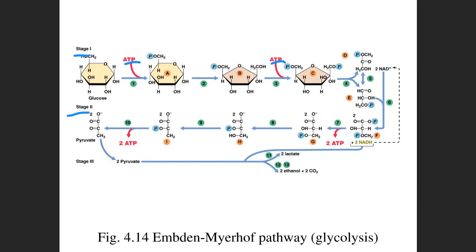And then how many ATP is generated? Well, 2 here and 2 here. So in this process, the net ATP is 2, because you use 2 ATP and you generate 4 ATP. So now you net 2